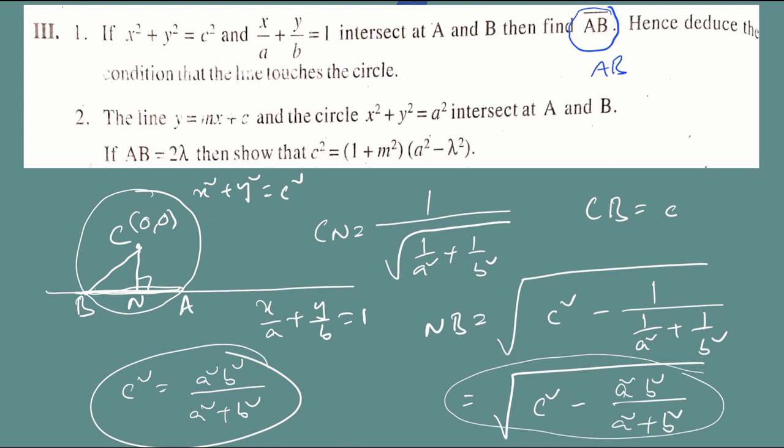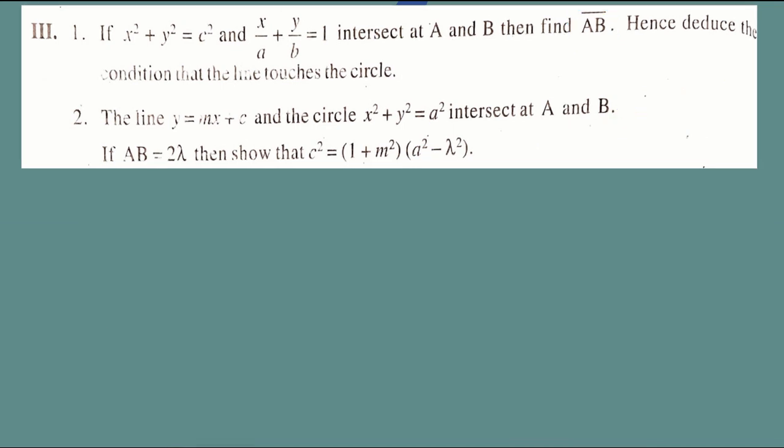Now the same thing in the textbook he wrote like this. I want you to observe that from this I can write a square plus b square by a square b square is equal to 1 by c square. Now writing separate denominators on the left hand side, I have it as 1 by a square plus 1 by b square is equal to 1 by c square. Okay, let's move on to the next problem.